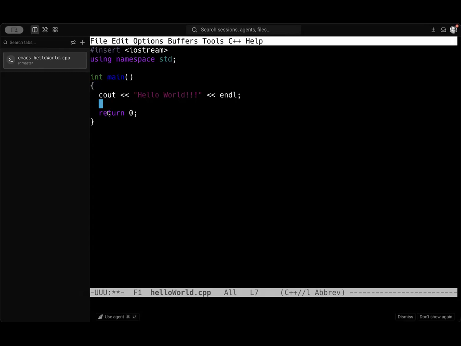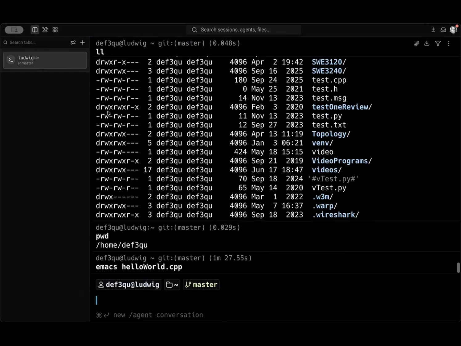Okay. It also color codes it depending on your computer. The color coding may be different. So just so you know that, the strings are in this magenta color and some commands are in white and some are in the pink color or whatever. Okay. So Control X, Control S will save a file. Control X, Control C exits. And I've got too many files there, but it's there.